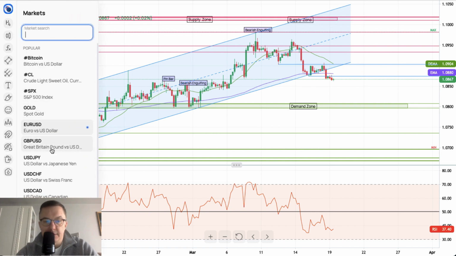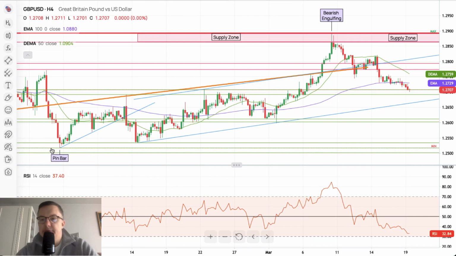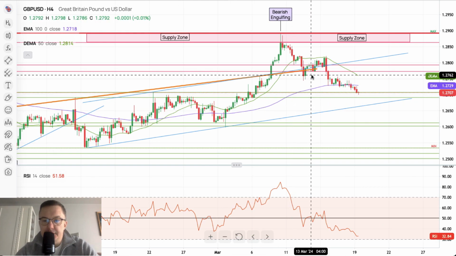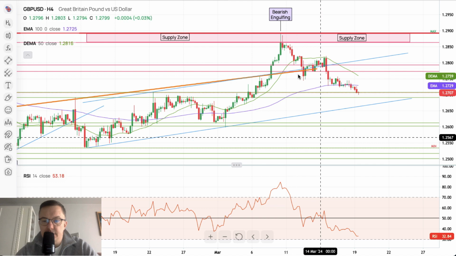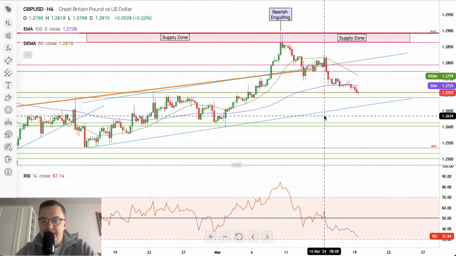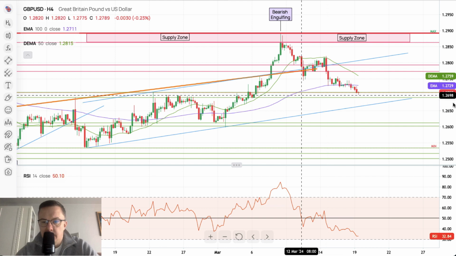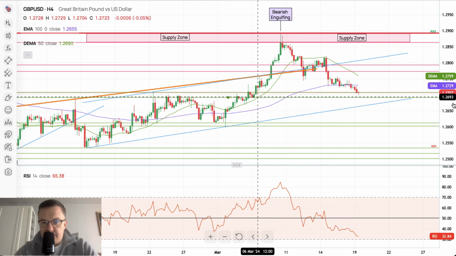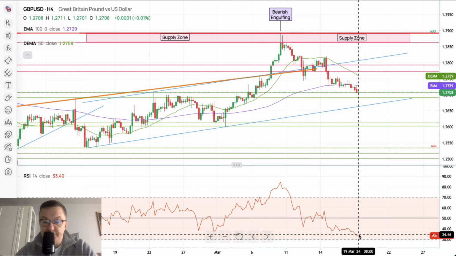What else should we take a look at? Maybe British pound, one of the majors, and the reason for that is, of course, that we got some of the downside movement extending towards 1.2707 and maybe even towards 1.2692, where is the next technical support for this market. So this market is moving lower. This market is right now under the bearish control.